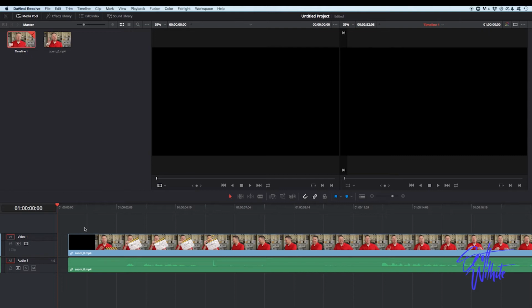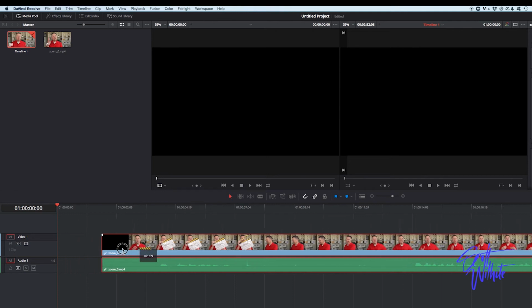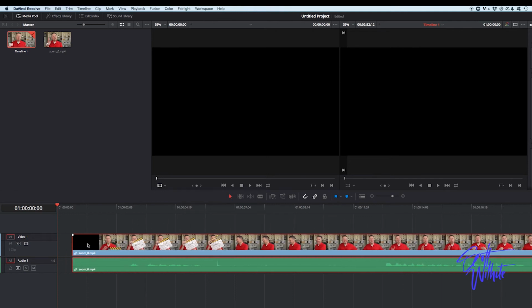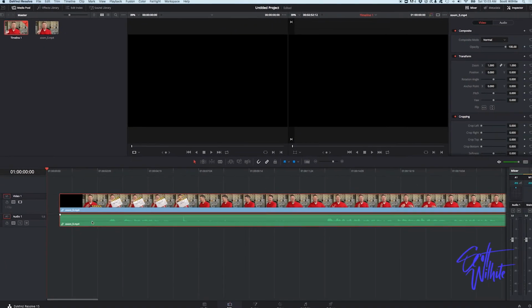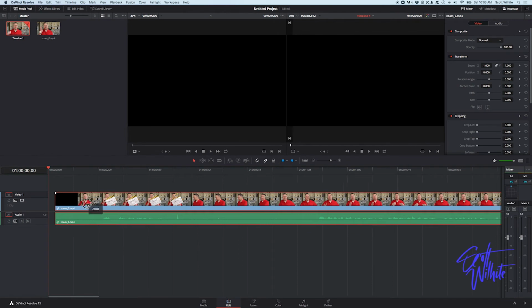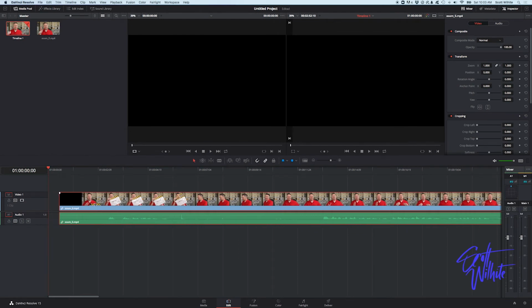I can rename that if I'd like to. But I'm going to grab this, and you can see how I can move it around. It highlights red when it is selected. As I move it around, you'll see that the two files are together, and maybe you don't even recognize that they're two, but the video is on the top layer and then the audio is on the bottom